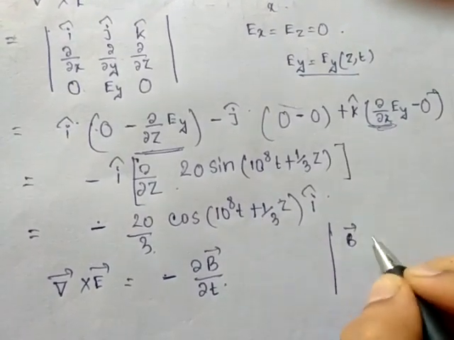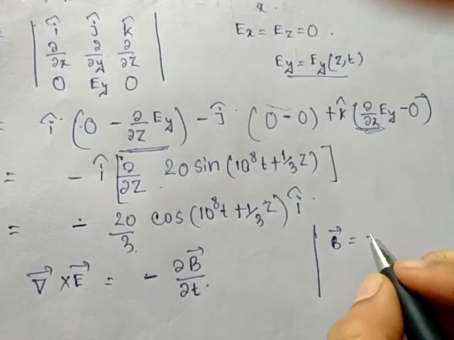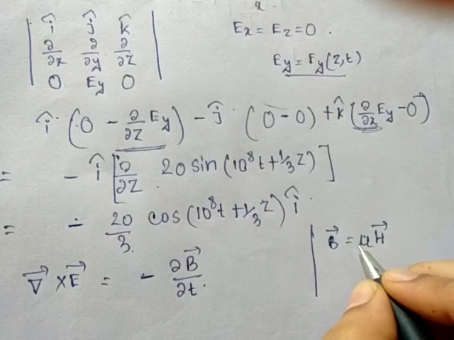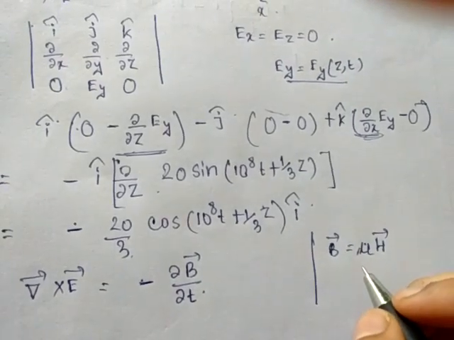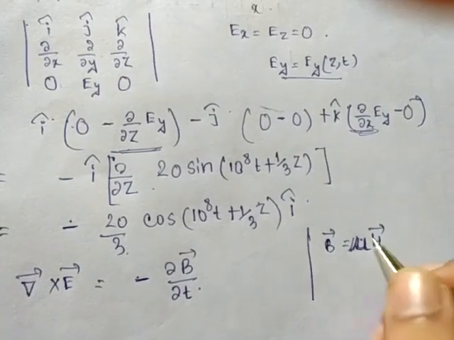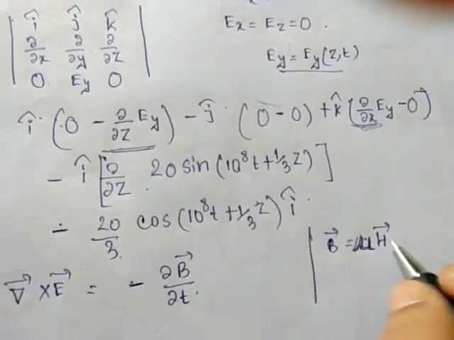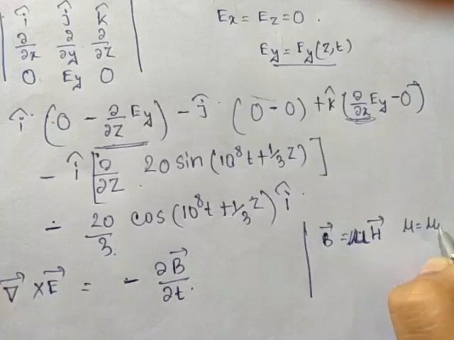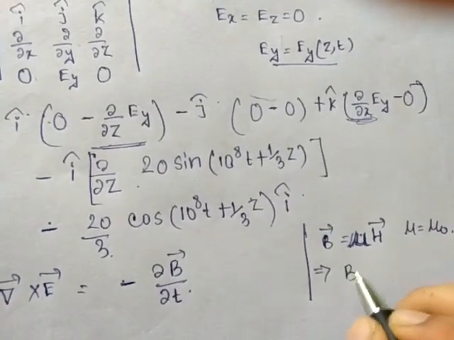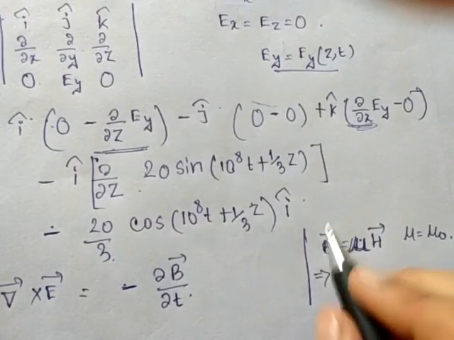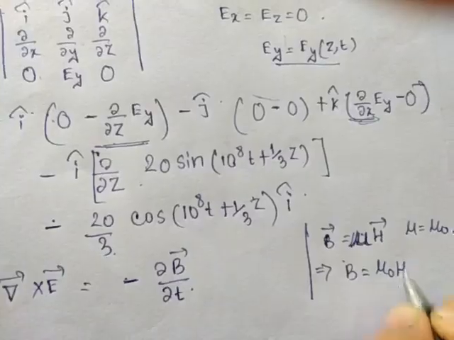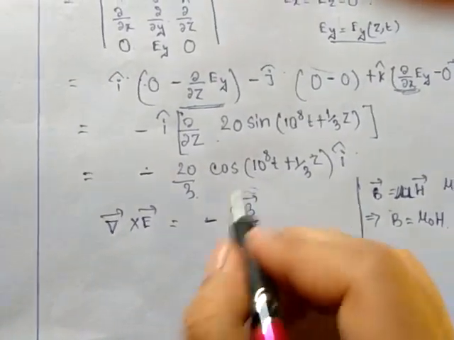Now we know that B vector equals mu H vector. Here mu equals mu 0, therefore if we avoid the vector sign, we can simply write B equals mu 0 H. So putting this value in this,